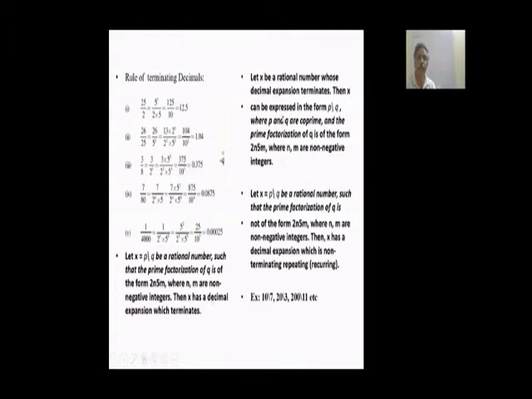Okay, this is the same thing written in another form. If it is not like that, if Q is not in the form of 2 to the power of n, 5 to the power of m, then see 10 by 7. I cannot convert 7 into 10. I cannot multiply, it will get cancelled. So 10 by 7, 20 by 3, 200 by 11. These will automatically be non-terminating decimals, because there is no 2 to the power of n or 5 to the power of m multiple in the denominator.